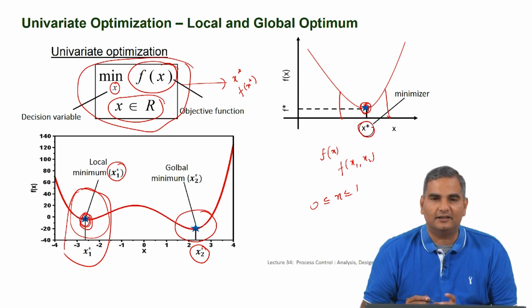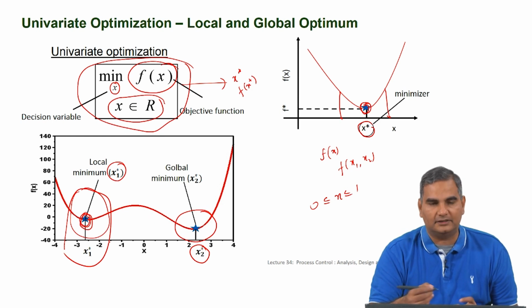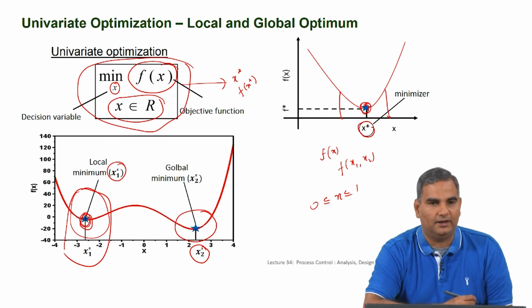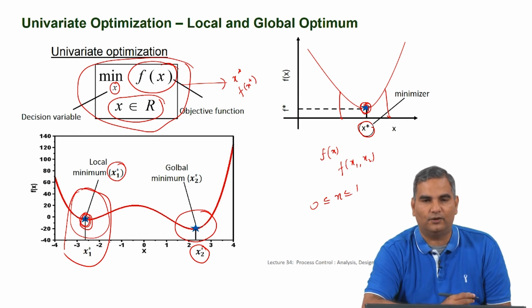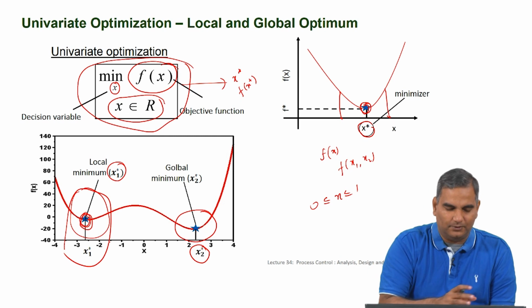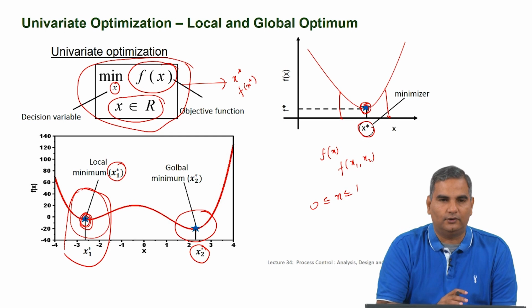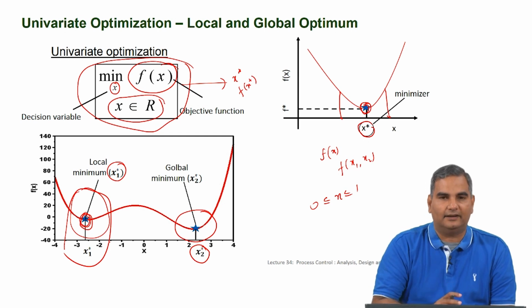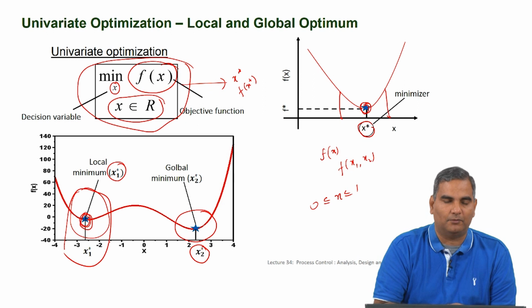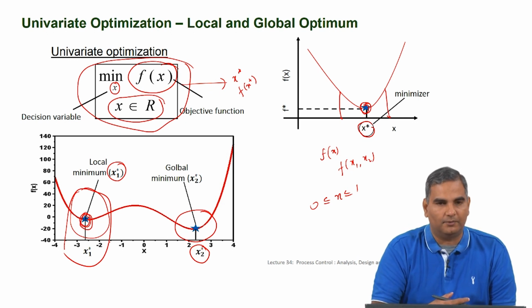As far as we are concerned, this is not really an issue. We will assume that whatever point satisfies all the conditions for being a minimum, we are going to simply take that and proceed with the control computation. That is how we are going to look at optimization from a model predictive control viewpoint. Nonetheless, I thought this is a very simple picture to explain the idea of local and global minimum without going into detail, so that as we start understanding model predictive control itself, you understand that at all points we are talking about local minimum.